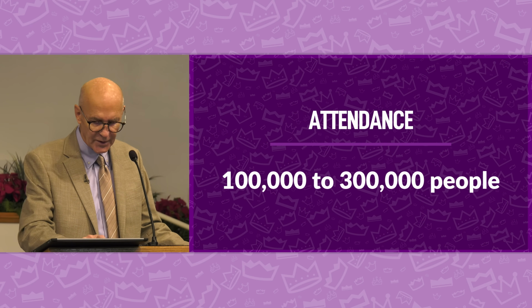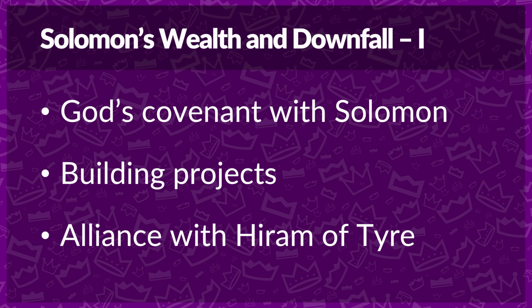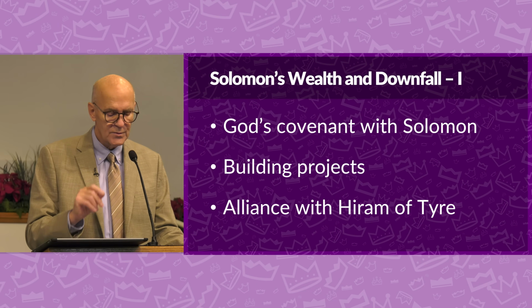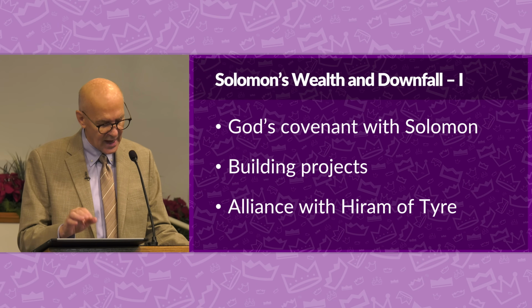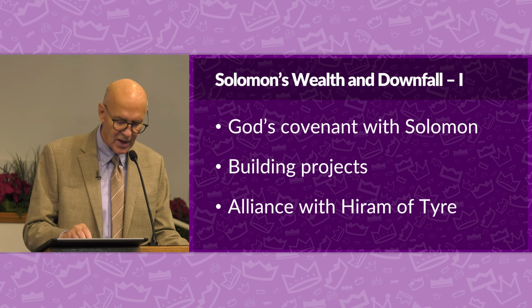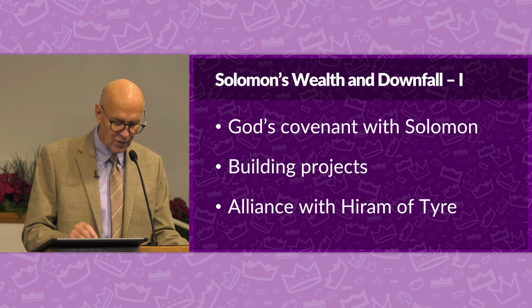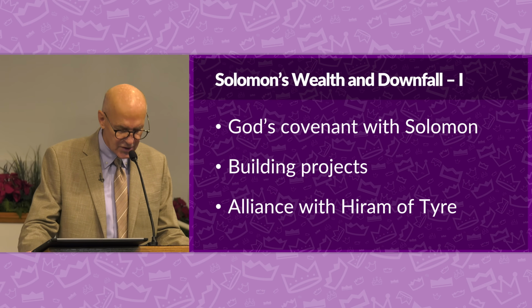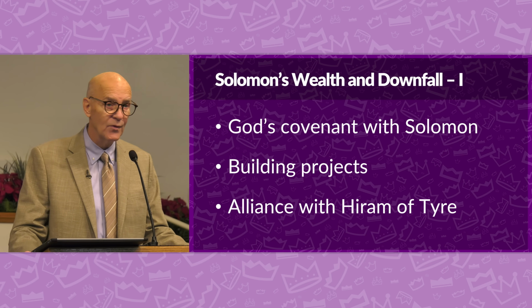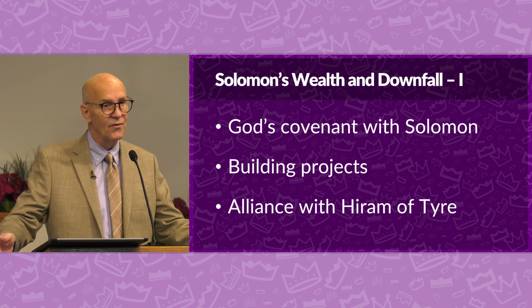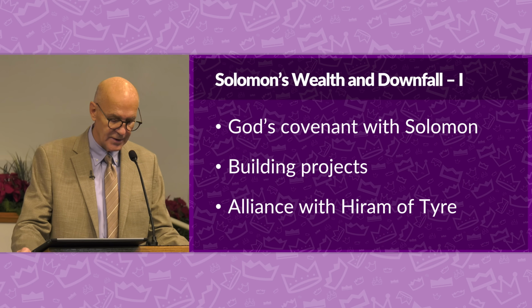of his building projects. After completing the temple and his palace, Solomon receives a second appearance from the Lord, who reiterates both his promise, but this time adds a warning. God reaffirms the covenant, promising to bless Solomon and his descendants if they remain faithful and walk in his ways. However, God also warns Solomon that if he or his people turn to idolatry, Israel will be cut off, and the temple that they've built over all these years will be destroyed.